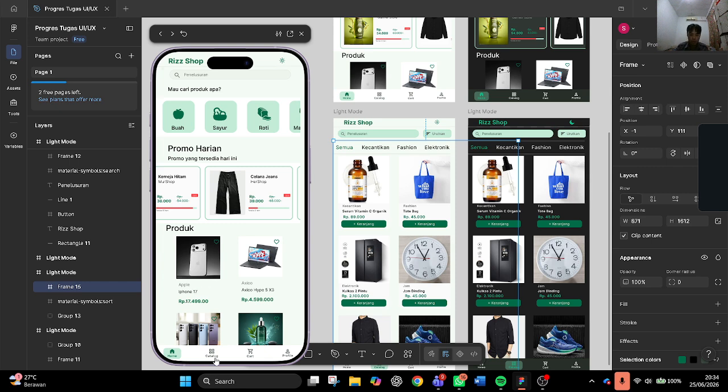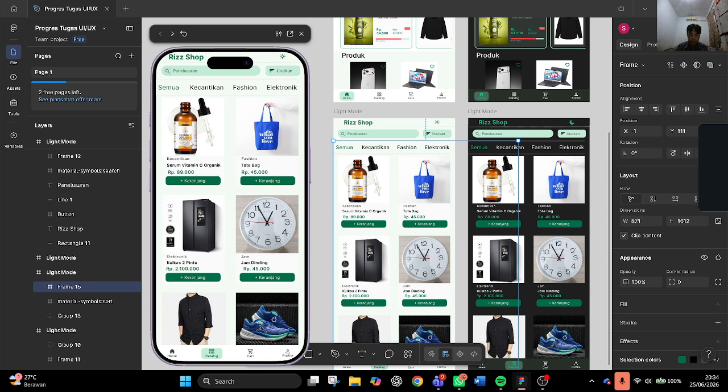And on the catalog page, the category filter tabs at the top also support horizontal scrolling, letting users quickly switch between product categories like kecantikan, fashion, and more.